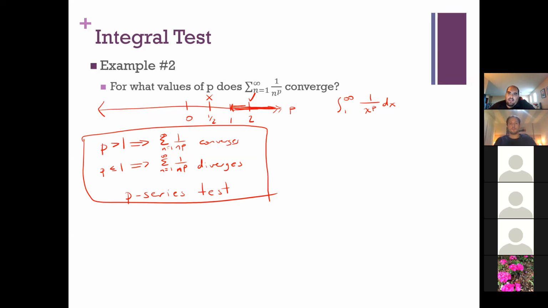Another thing I don't want to gloss over too much is, I asked you this probably a couple weeks ago now, where we figured out that if you have this improper integral, it only converges for powers of p that are greater than 1. I don't know if I hinted at the time, but this is a very, very important result for sequences and series. Any questions about this?